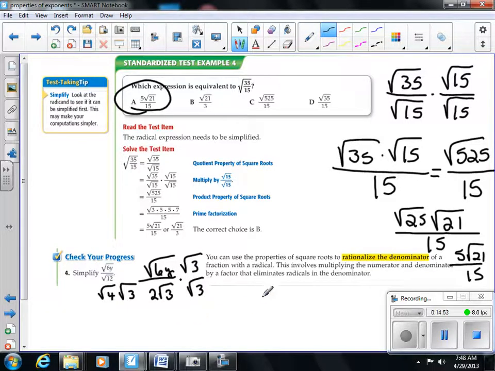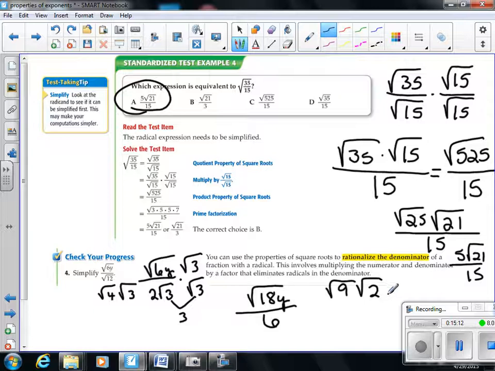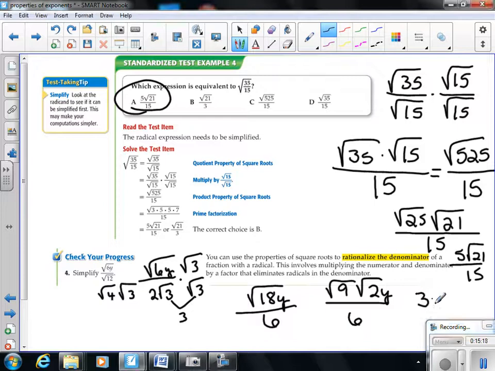So now I have the square root of 18y all over 2 times 3, which is 6. Okay, can I simplify what's at the top now in the numerator? Yes, the square root of 9 times the square root of 2 times the square root of y, all over 6. And we can simplify that as 3 times the square root of 2y, all over